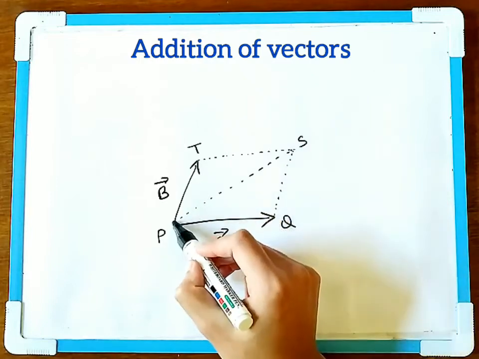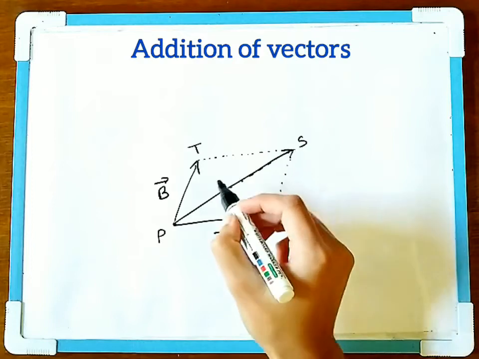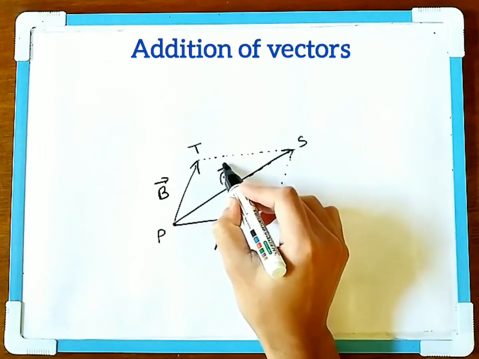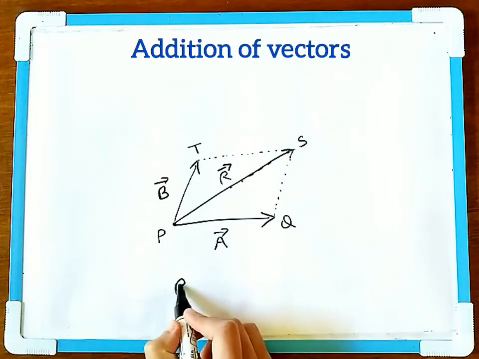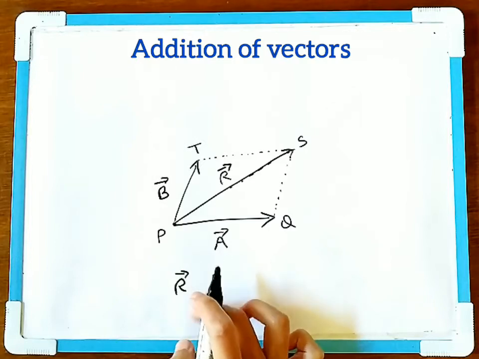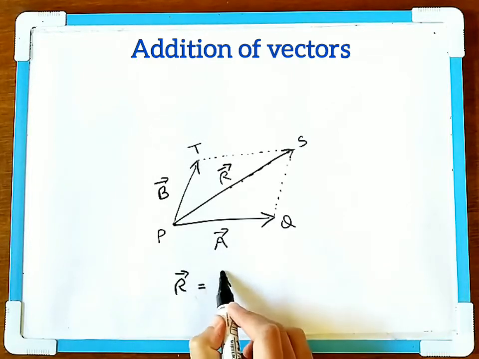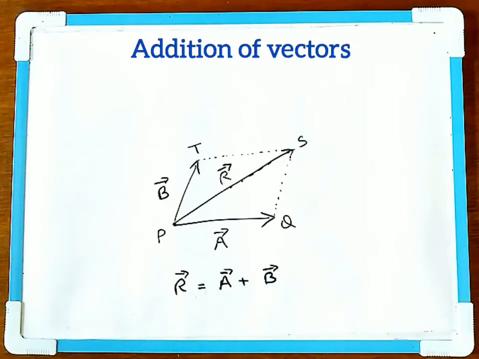So the resultant will be this, denoted by R vector. So here R vector will be equal to A plus B vector. So this is the parallelogram law of vector addition, and this is actually equivalent to the triangle law of vector